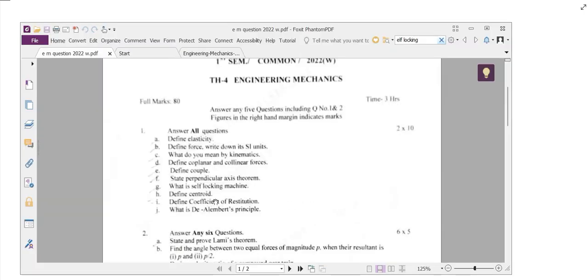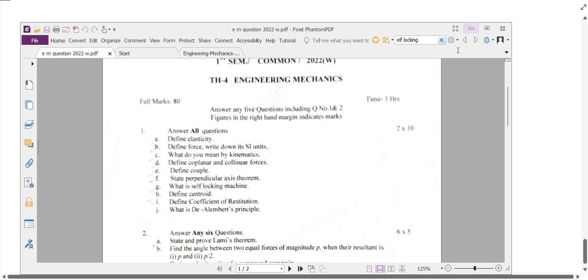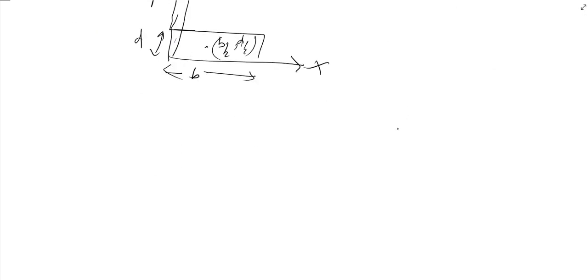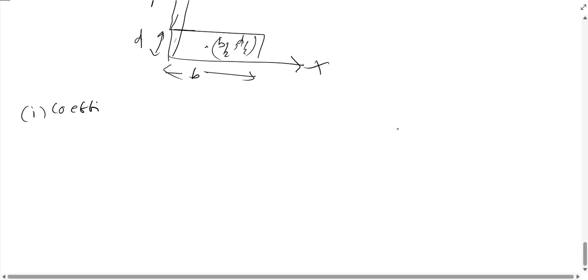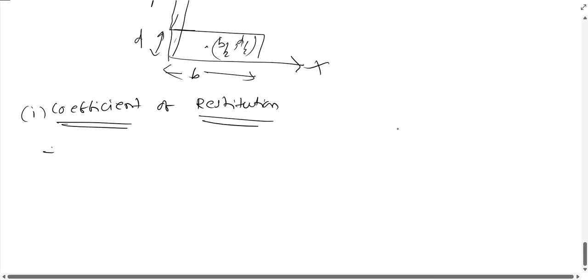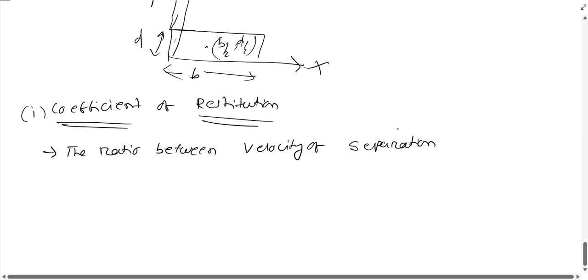Okay, next bit. Define coefficient of restitution. Question number I. Define coefficient of restitution. Coefficient of restitution is nothing but the ratio between velocity of separation and velocity of approach